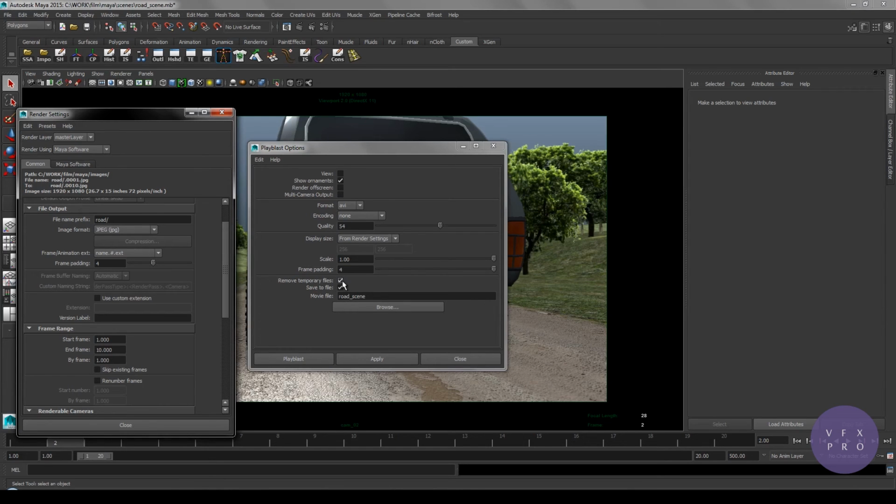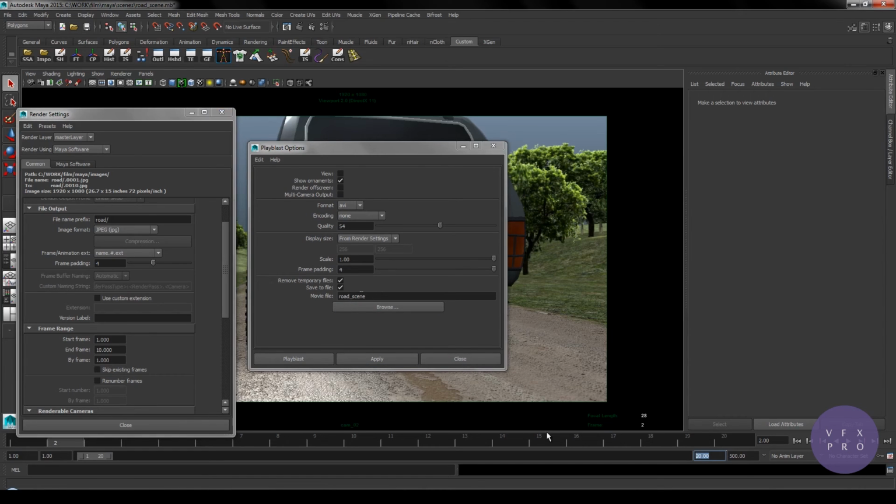And the last thing is remove temporary files. Sure you wanted to delete it, and sure you want to save it somewhere. Alright, let's render this shot,